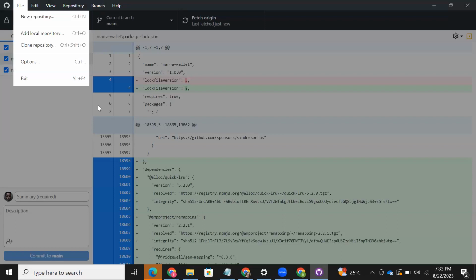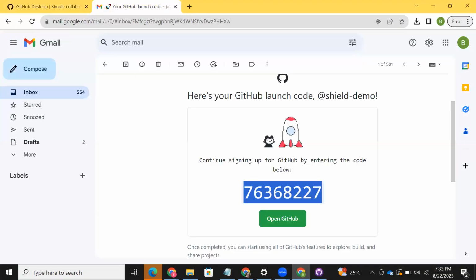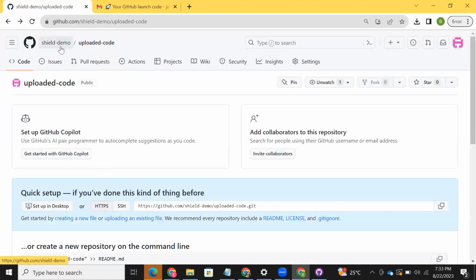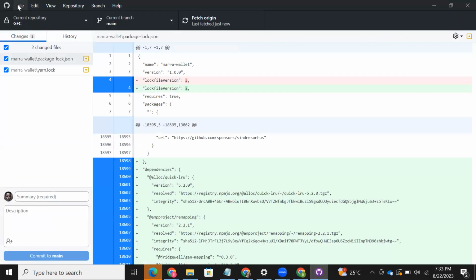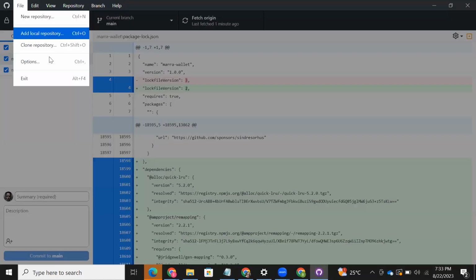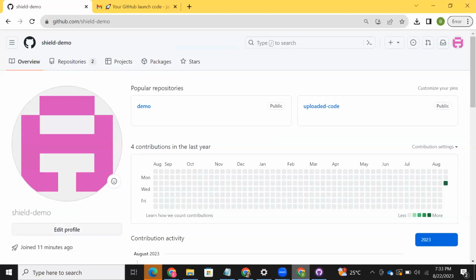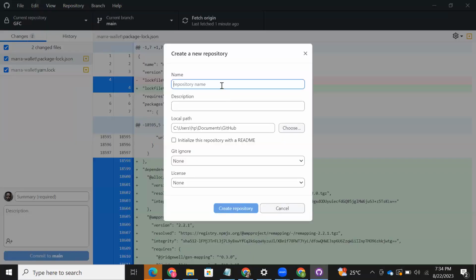So basically, we created a new repository on the GitHub website, but GitHub Desktop also allows us to create new repositories. Similarly to how we did it on the website, you can just come here as well, select new repository once again, and then